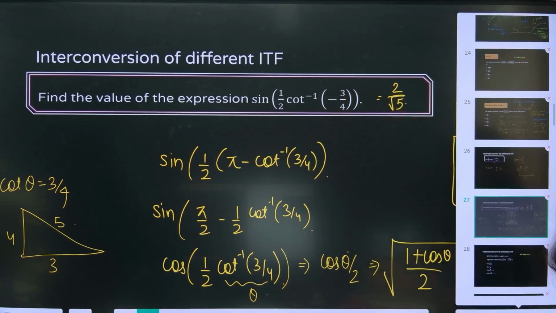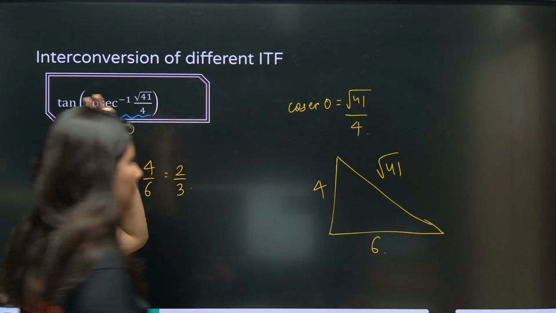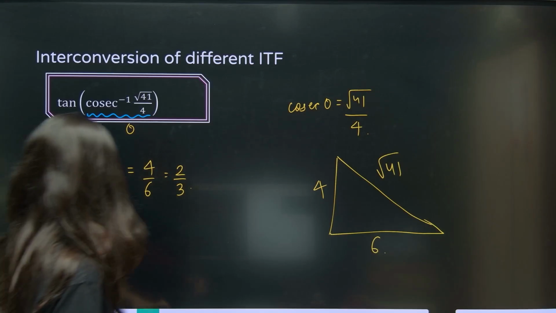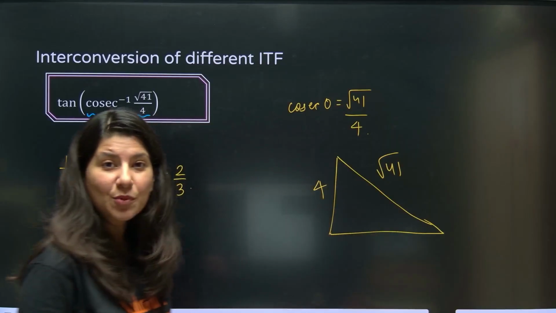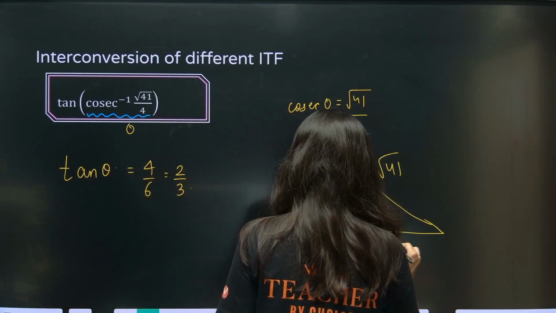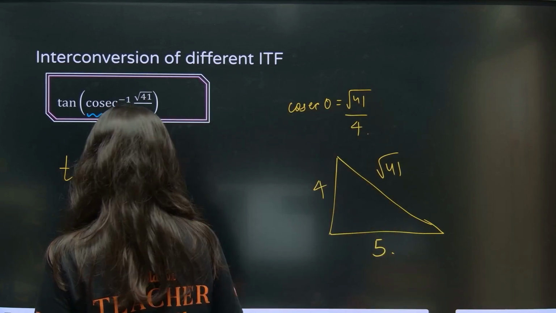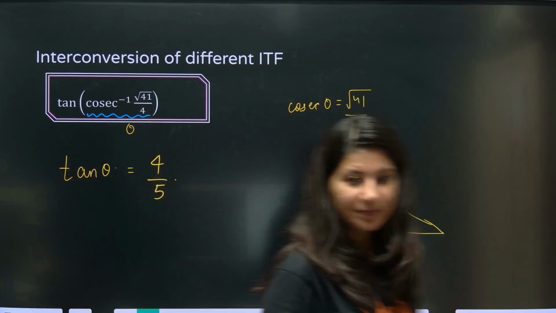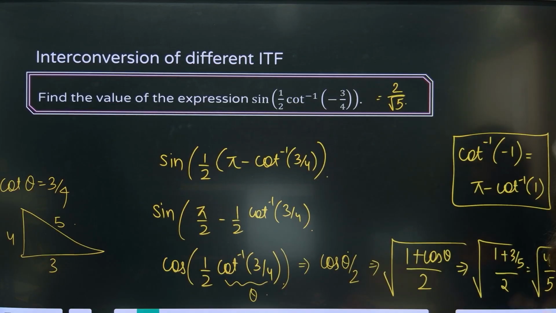In the previous question you are also saying that the answer is something else. Previous question the answer will be what? Have I done anything wrong over here as well? Tan theta. Okay, maybe. Sorry. So 41 minus 16 is what? 25. Root of 25 is 5. So this is 5 only. Oops. So tan theta will be what? 4 by 5. Yes. Here also I had made a calculation error. Thank you for correcting. So this is 4 by 5 and this is, now it's correct, 2 by root 5.